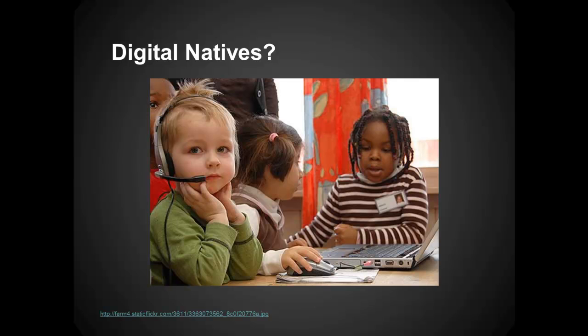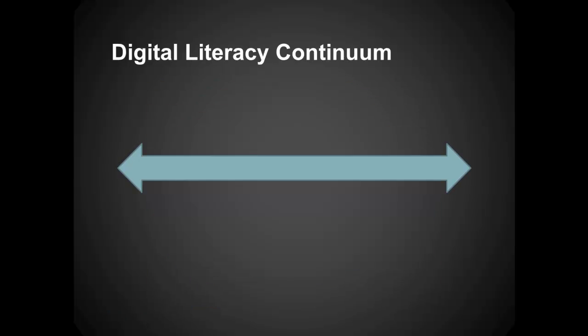It was something that you could just casually observe, and really it does an injustice because it groups an entire group of people together by age rather than looking at each individual person, regardless of their age, whether they're a student, a teacher, a parent, as being someone who is on this continuum of digital literacy.